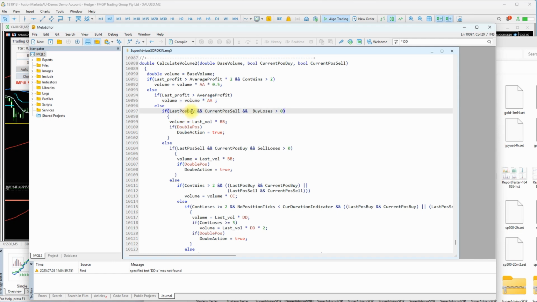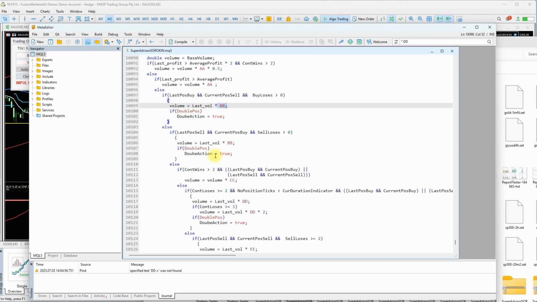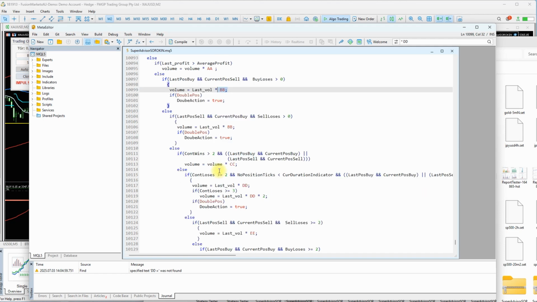If the last position was buy and we're going to open the opposite, like a flip from buy to sell, from sell to buy, we can use the BBB coefficient, because sometimes it also increases and it's a kind of advantage with the price flip. It means sometimes the first move is like a fake move, and the second trade could be the right move. So the CCC, if we have more than two continuing winners and